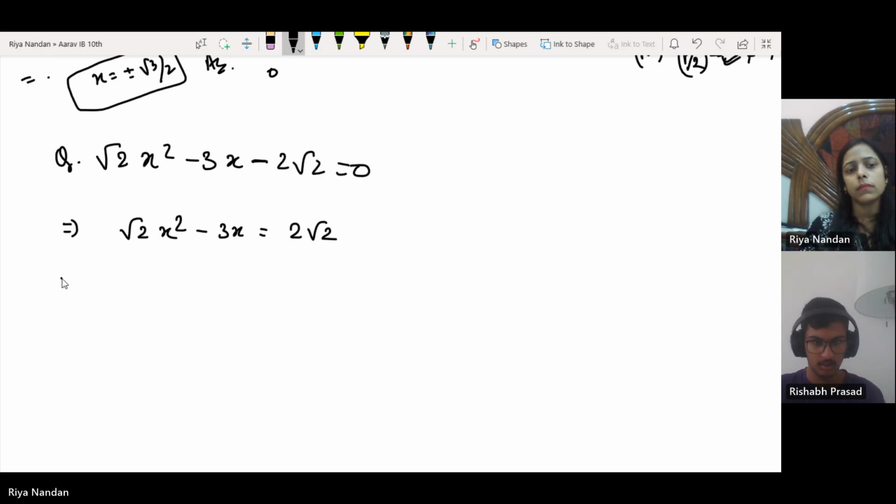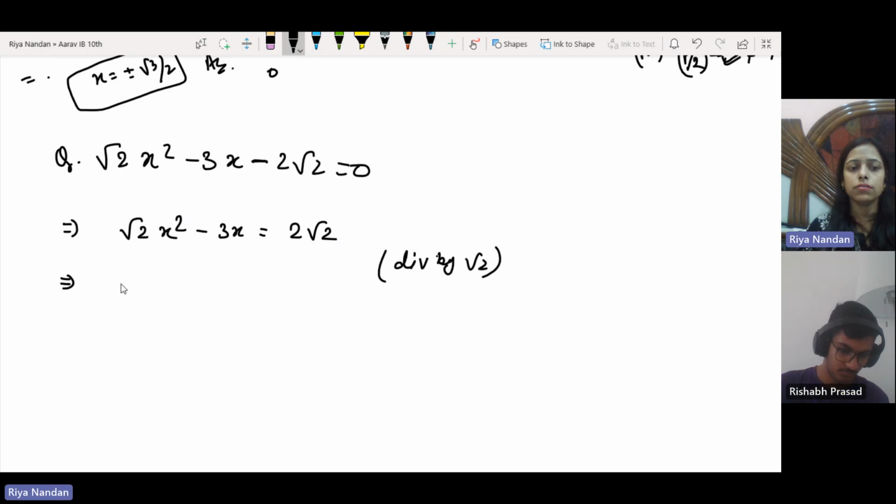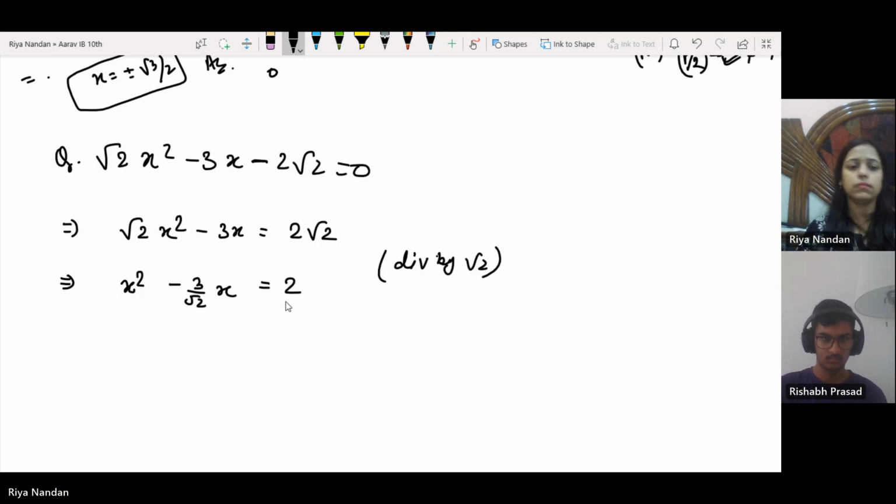Correct. Now you have to divide by root 2, right? For the coefficient of x square, so that it will become x square minus 3 root 2 x is equal to 2. Clear? Because root 2 cancels in this and root 2 cancels in this. Yeah, very good. Now the next step,